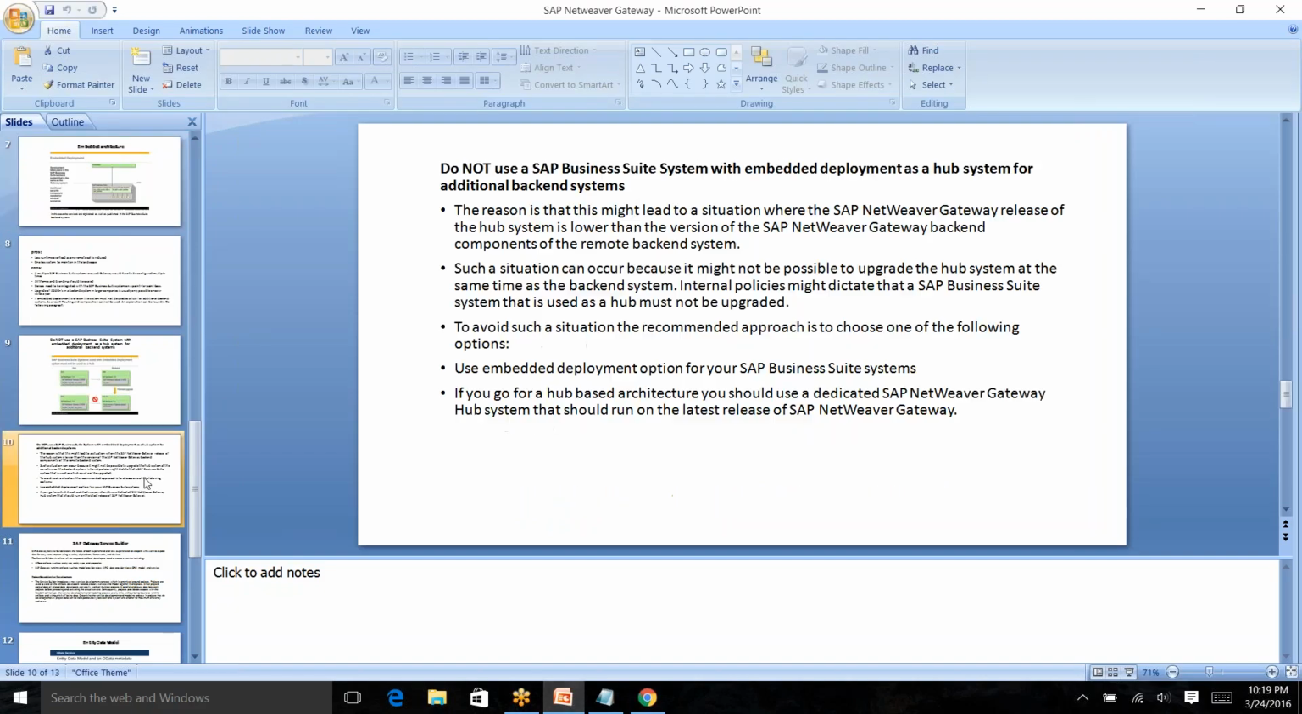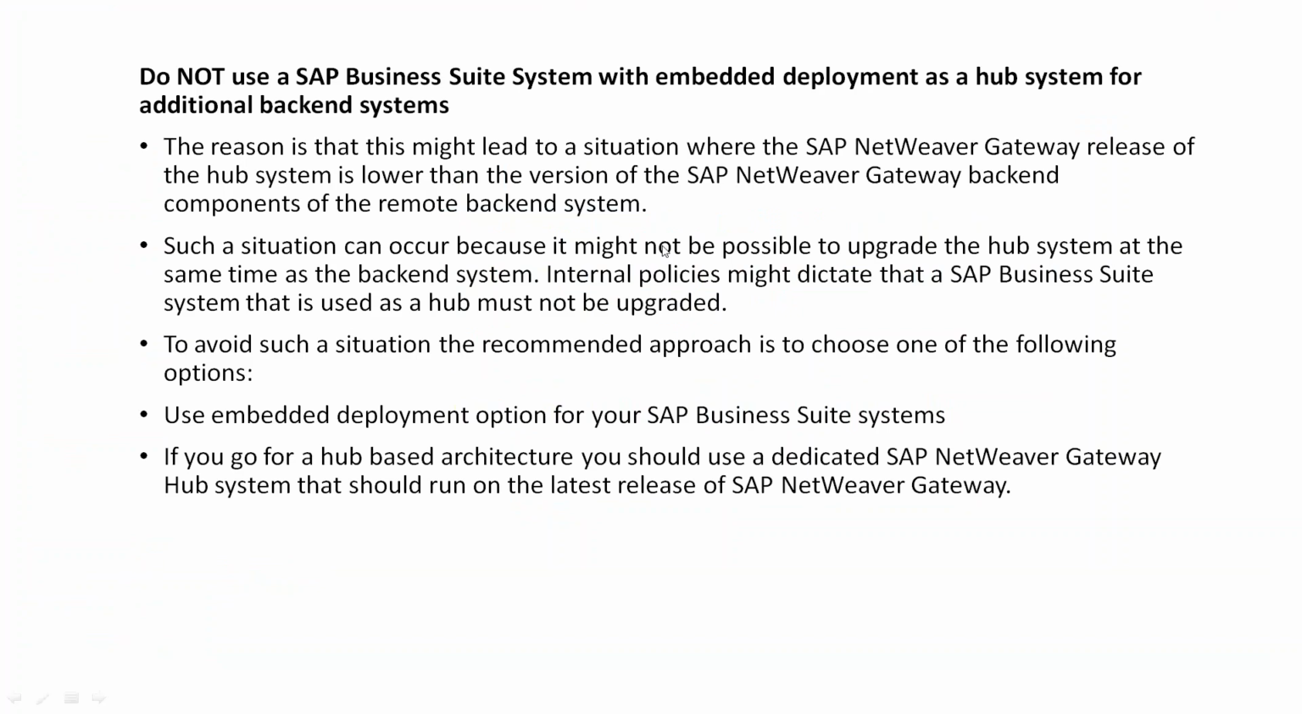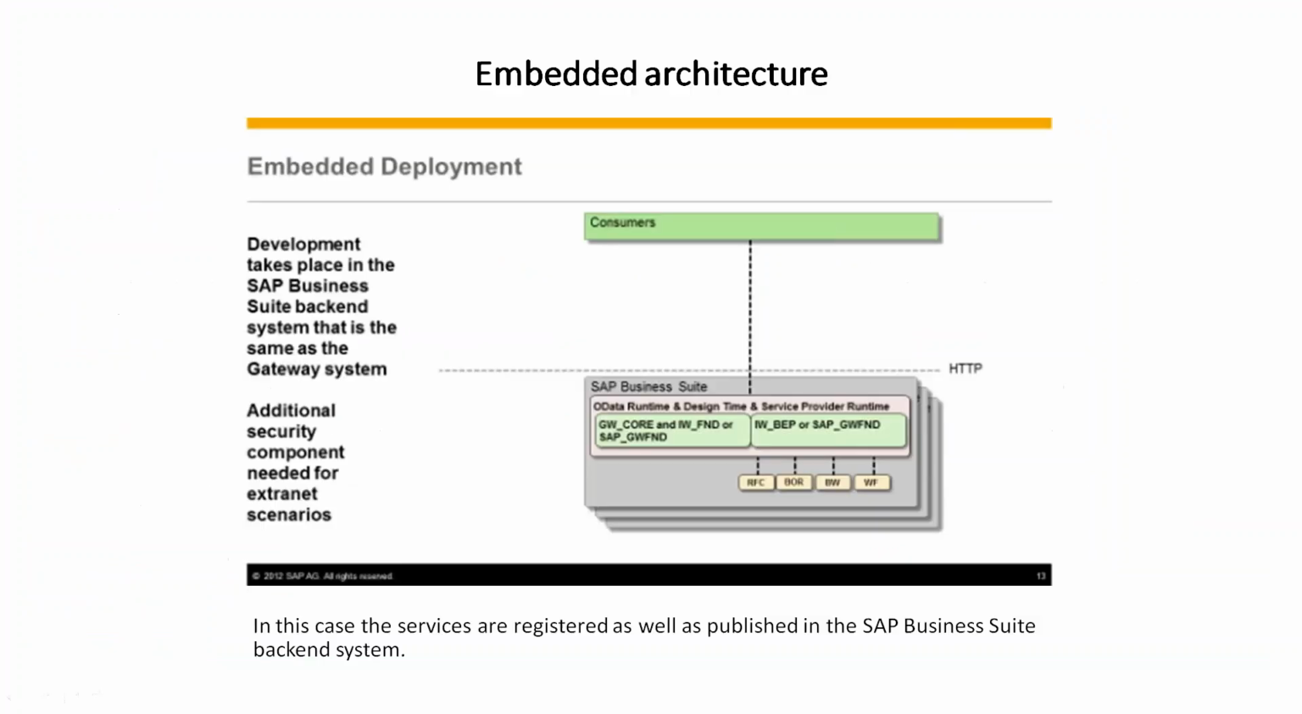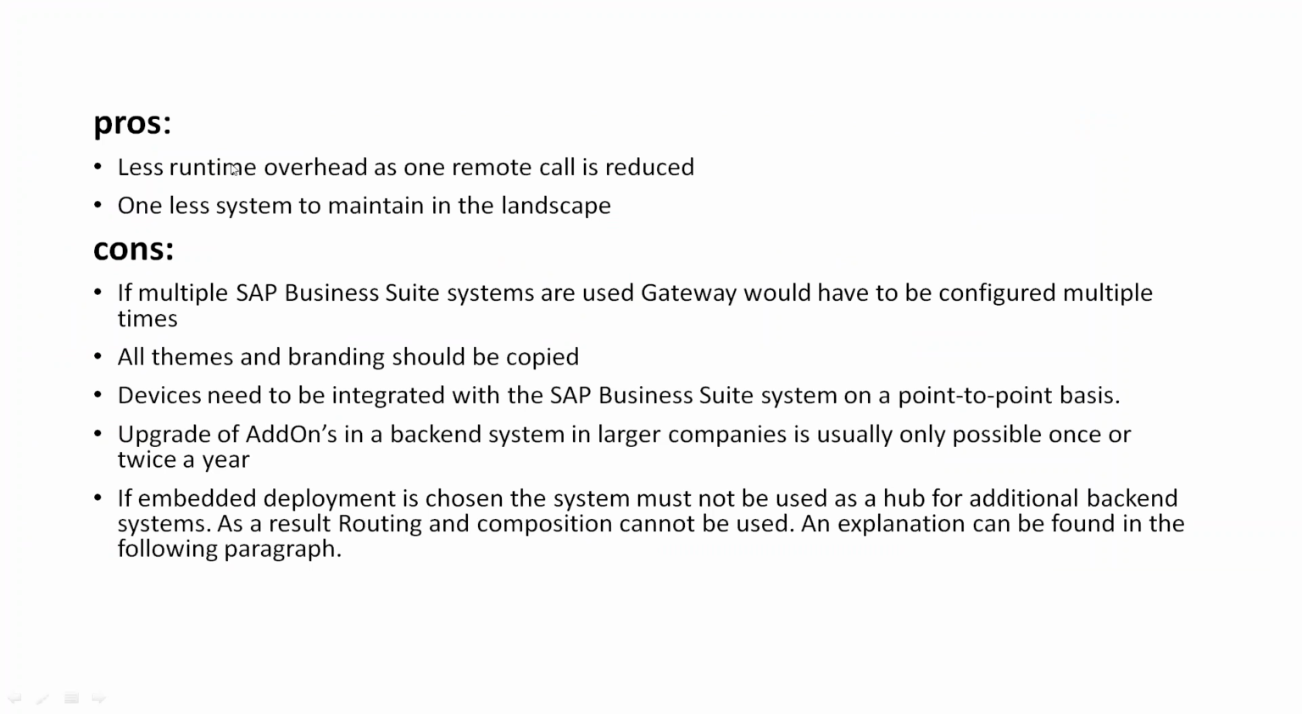Okay. So let us see what all the disadvantages of embedded architecture are. Definitely the pros are you have one less system to maintain in your landscape, and every time there is a request, there is no remote function call. There is no trusted RFC connection, so you reduce the overhead. That is the advantage. Let's say the disadvantages are,